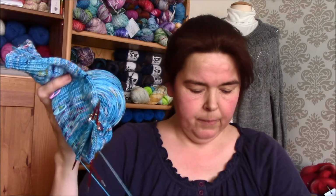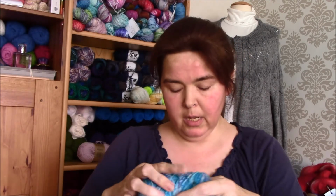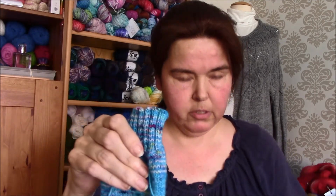But my sons both have a high instep, so they will benefit from the gusset with the heel flap. So the next yarn is one that is new in my shop, and it's called Sky Full of Butterflies, and it was a new dyeing technique I tried, and I really wanted to knit a pair of socks to show off and to use as an example for my shop, because people like to see what they're buying and how it knits up. So this is the Sky Full of Butterflies,